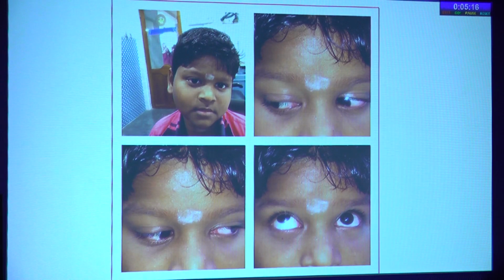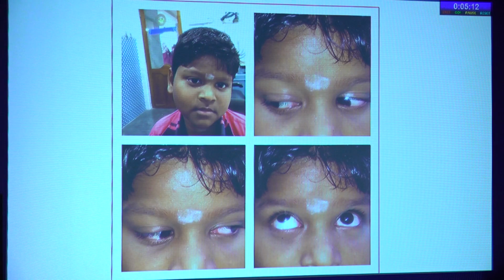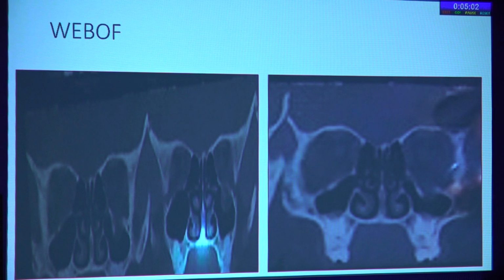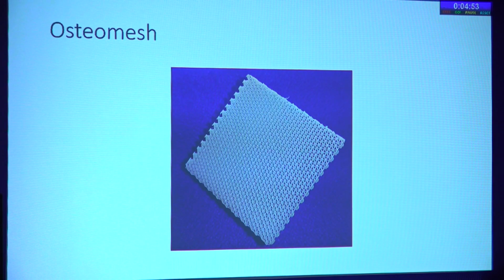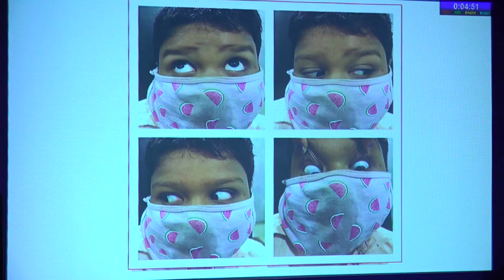In children with a white eye like this, but a face turn and head tilt like this, children will not complain of diplopia; rather, they will have a head tilt and a face turn, and the mother actually came up with complaints of face turn for this patient. We have to definitely take a CT orbit, and that shows a white-eyed blowout fracture. And in children, we prefer an osteomesh because it is biointegrable and merges with the existing bone as the